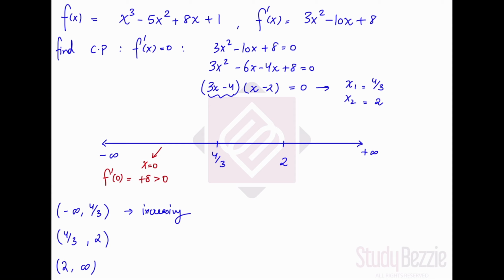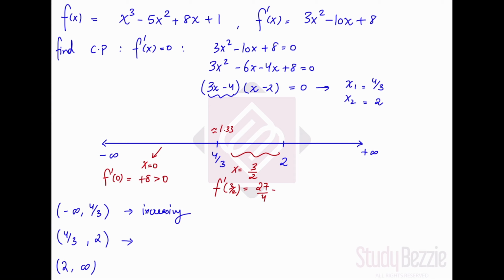Easy peasy. Moving on. Now the next step is to pick a point in the second interval. 4 over 3 is roughly 1.33, right? So if you pick a point between 4 over 3 and 2, I would pick 1.5, or 3 over 2. If you pick 3 over 2 and evaluate your derivative at that number, let's see what we get. We're going to get 27 over 4